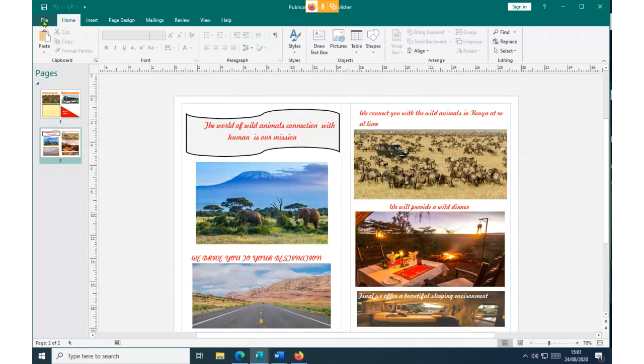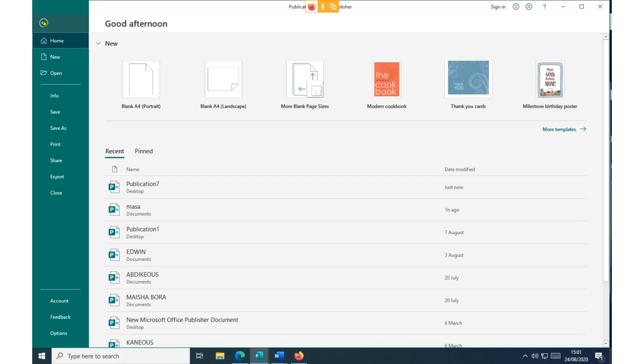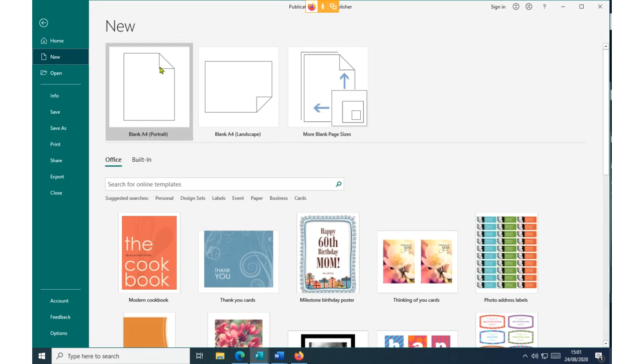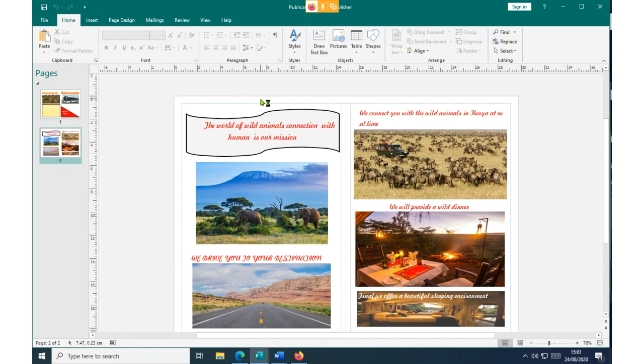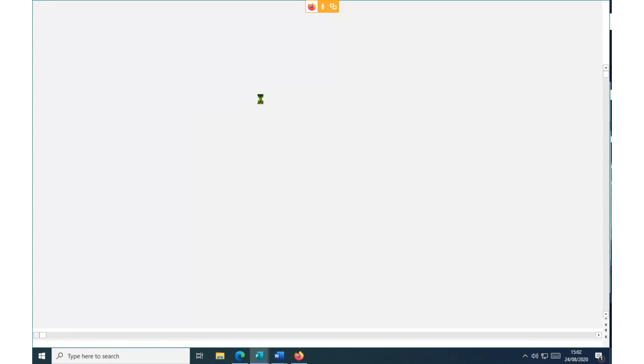creating. So for me to start again, for me to divide the page, I first need to click File, click New, pick A4 size landscape by clicking on it. Then simple.